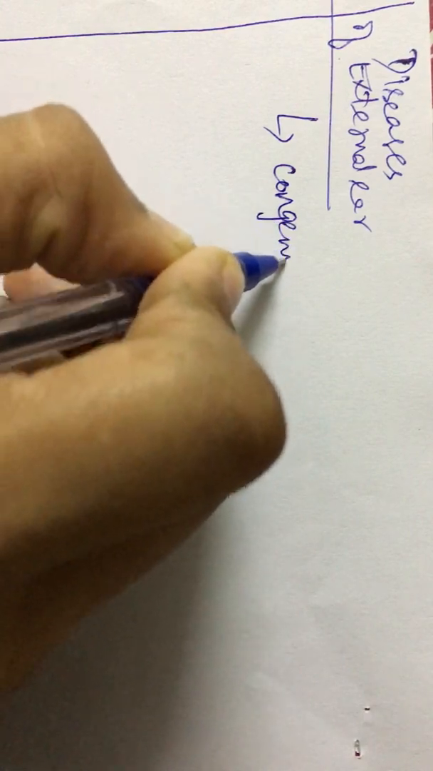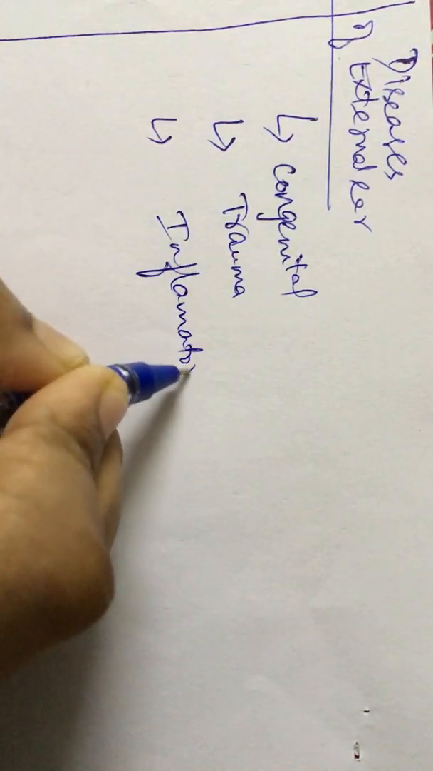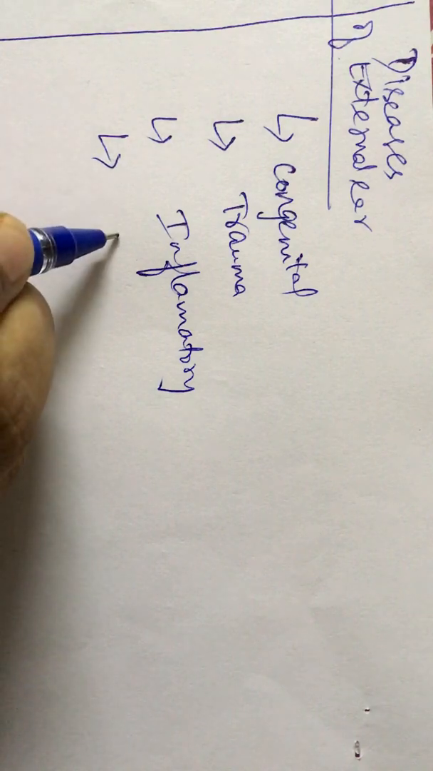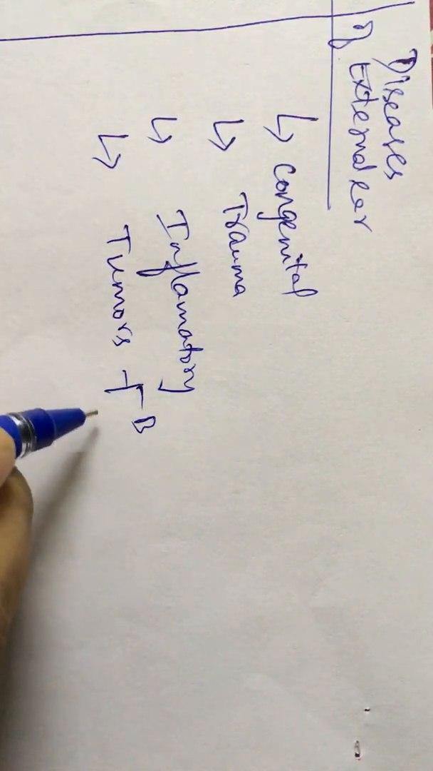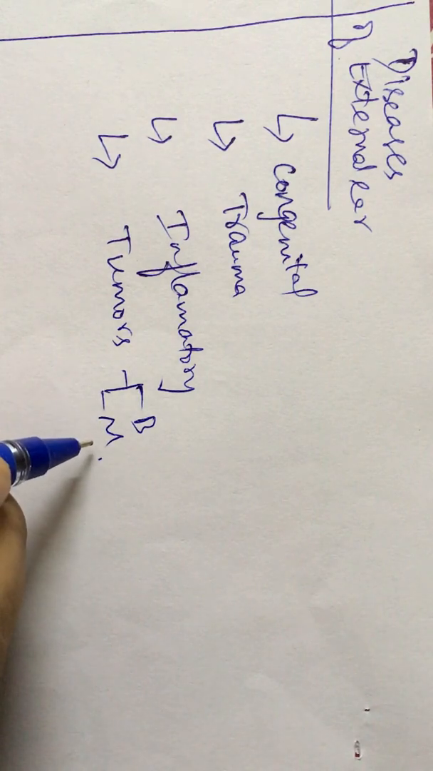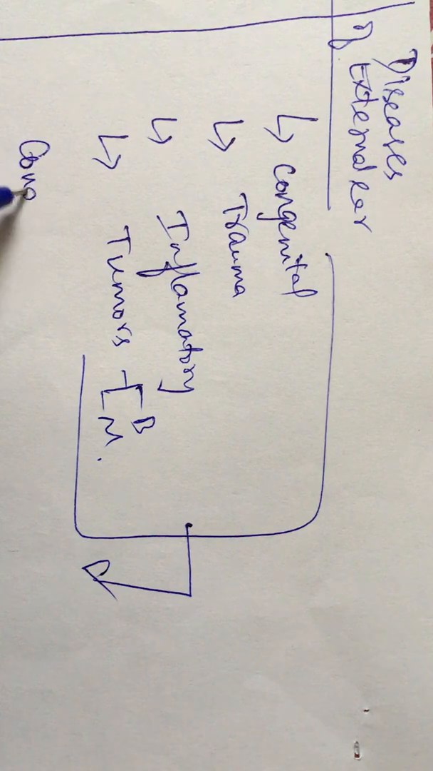So the first cause could be congenital. The second could be trauma. Third one is inflammatory. And the last but not the least is due to tumors. Well, these tumors can be both benign as well as malignant. So let's get started. With this basic thing, let's see what are all the various congenital disorders of the